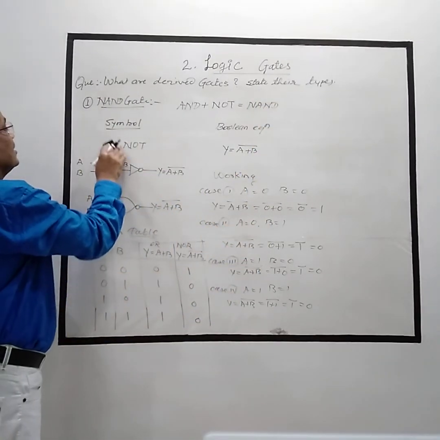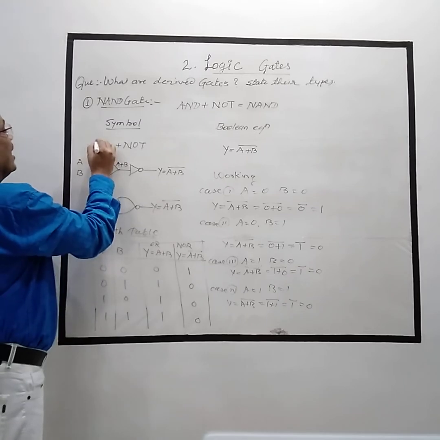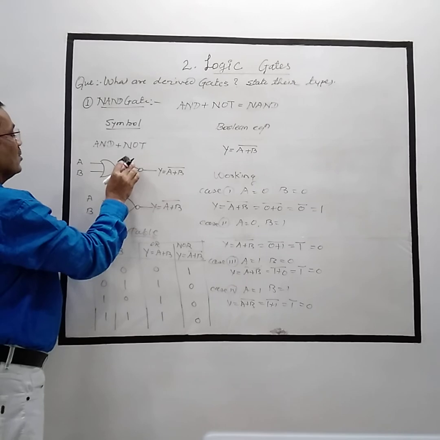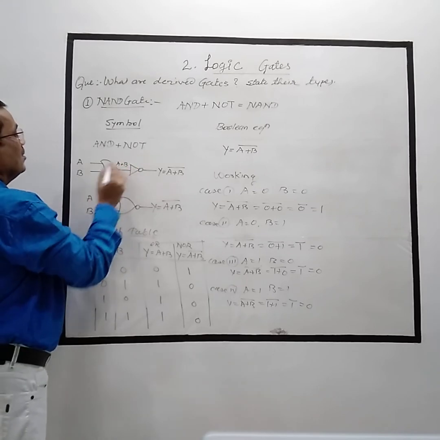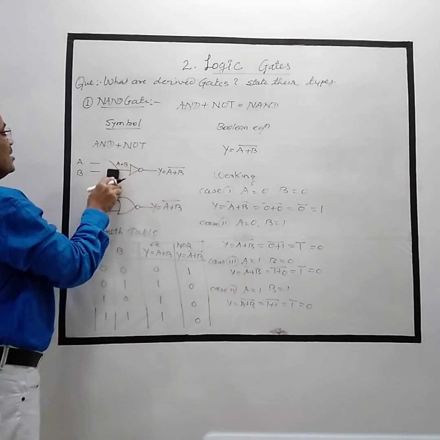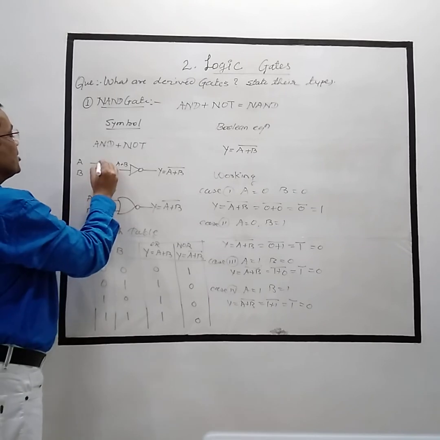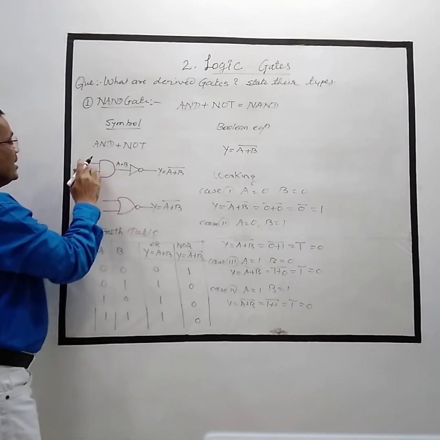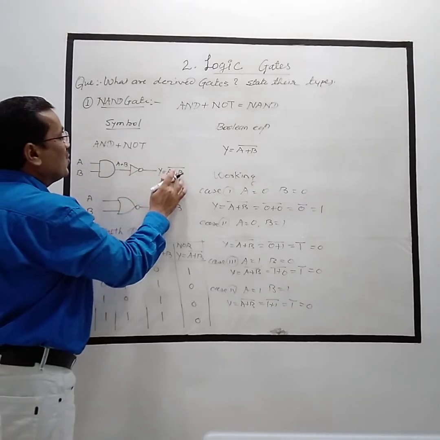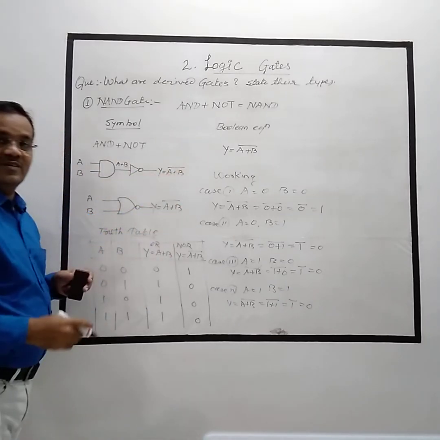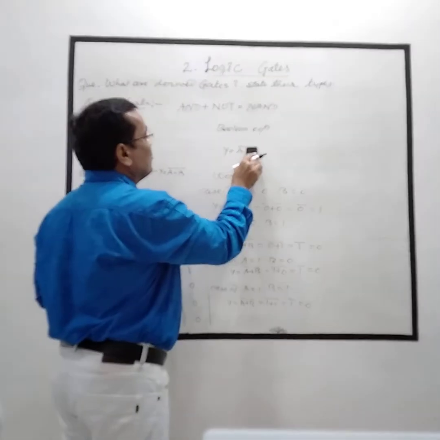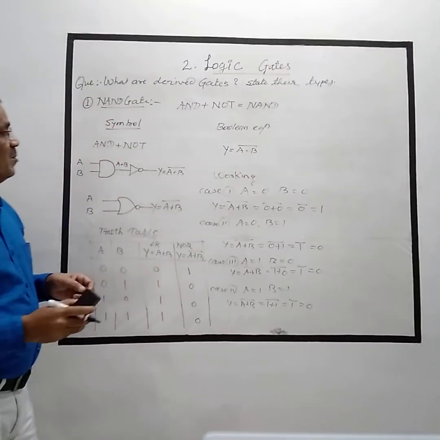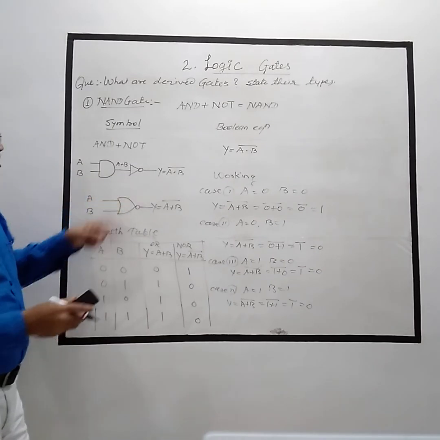Here it is like this, AND. AND stands for ANDing, which means multiplication, so the symbol may be changed like this. Here it will be D. So here A dot B complement. Its Boolean equation will be A dot B whole complement. So this is the NAND gate.